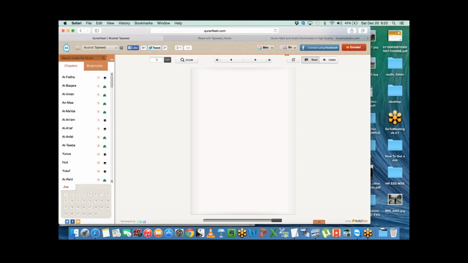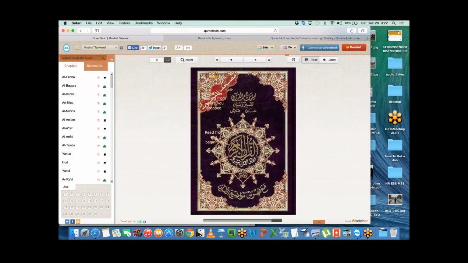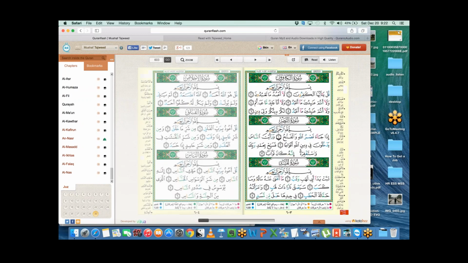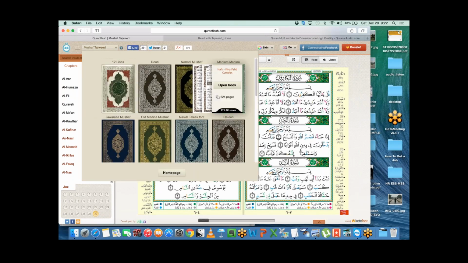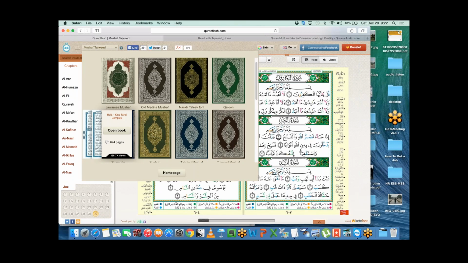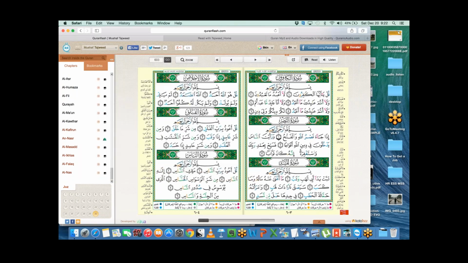The one I have a copy of is like this. Yeah, I have this one at home, but I have the one that has, in the margins where the yellow stuff is, translations in English, so I can quickly reference if I forget what something means. I don't know if there is a mushaf online for that, but that's what I'm using. I'm using one that has translations in English on the side to make it easy for me to just quickly reference it.